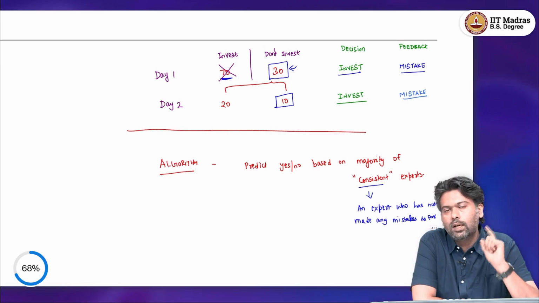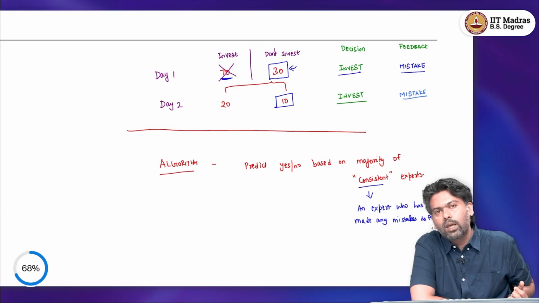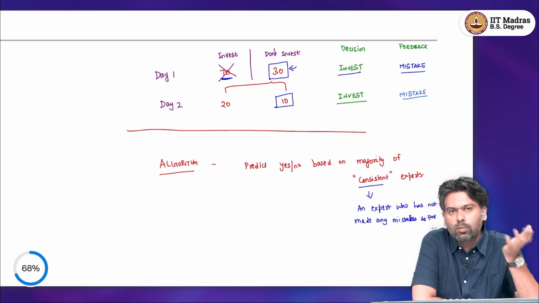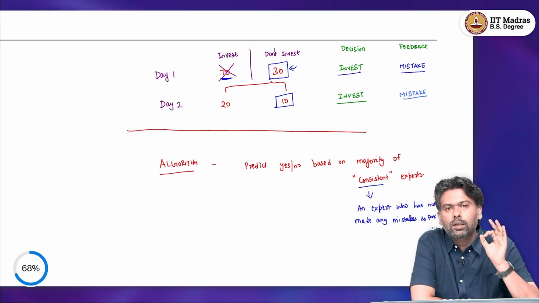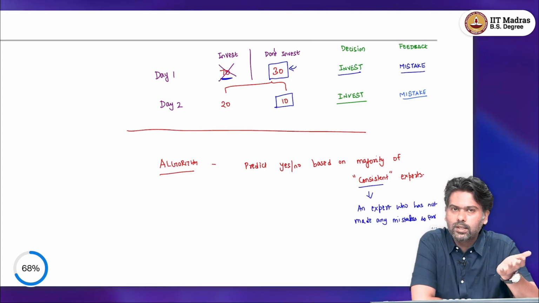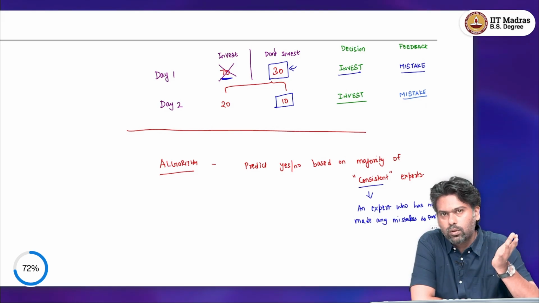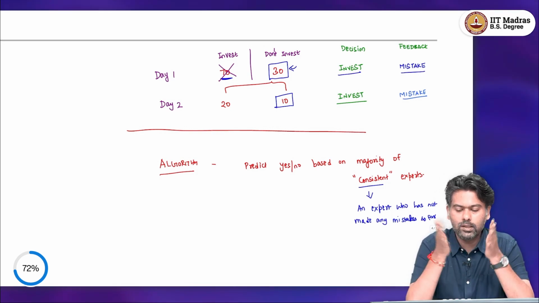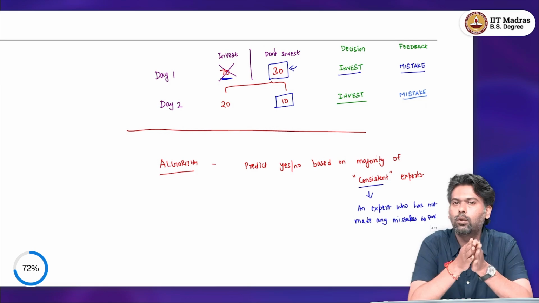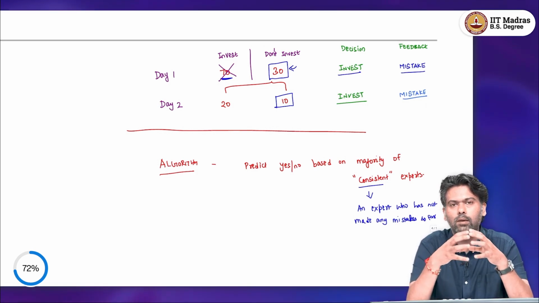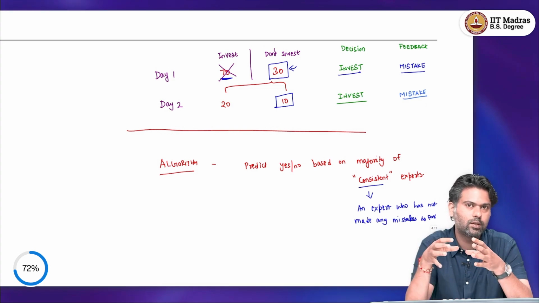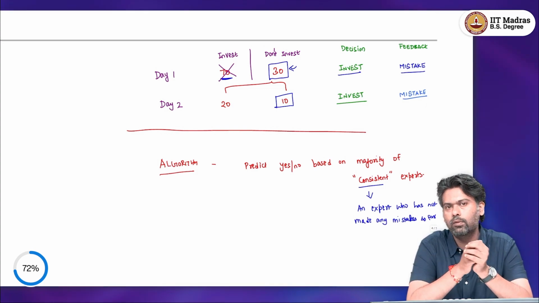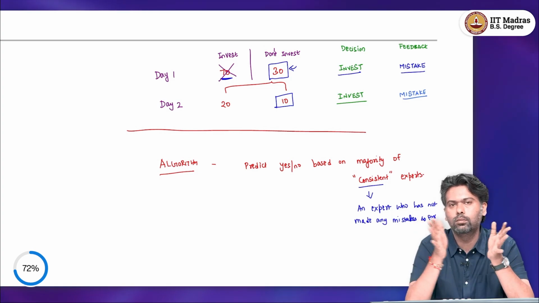And I am sure that set will have at least one expert. Why? Because I have assumed that there is a stock market guru. Which means that in every round I only predict the majority of the consistent experts. If the majority is yes, then I will say invest. If the majority is no, then I will say don't invest. Now, this is a very simple algorithm, and we can see that eventually it will either figure out who the single expert is, or it will always have a set of consistent experts who will not make mistakes at all. That set can shrink and become eventually one expert, and at that point I will not make any further